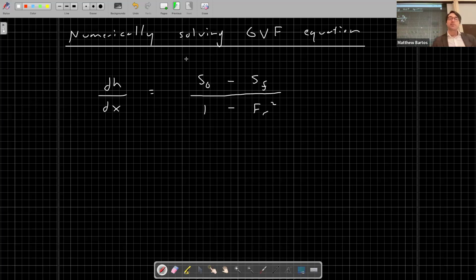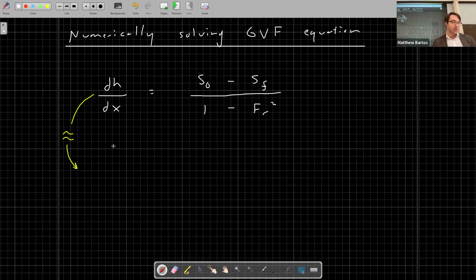So what we want to do is essentially approximate these infinitesimal quantities with discrete quantities. So let's just look at this dH by dx term. This is the slope of the water surface over some infinitesimal distance dx. So this is approximately equal to